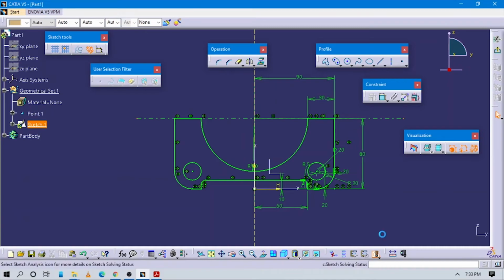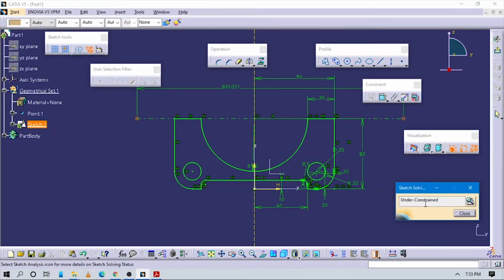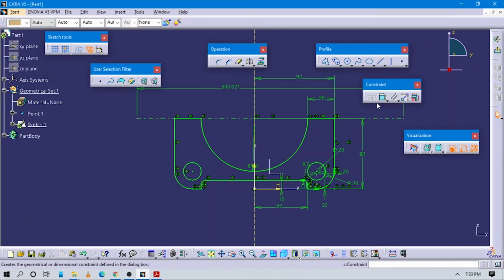So let's make sure this part is fully constrained. Give some value for this axis. Now you can see this axis is fully constrained. So go to